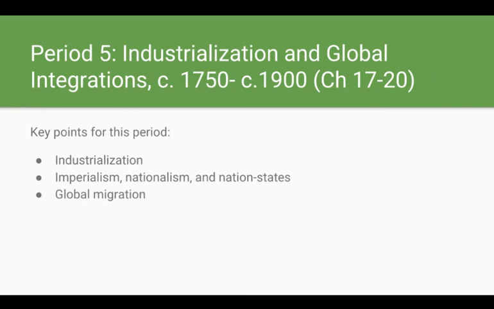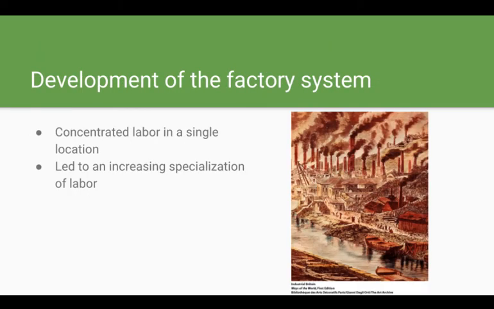Two more units. Unit 5 is the industrialization one, so of course this will have a lot of economic stuff going on. The factory system, the big change here is that labor is concentrated in one place and people begin to specialize. So instead of producing goods at home and kind of creating everything from clothes and food to furniture,